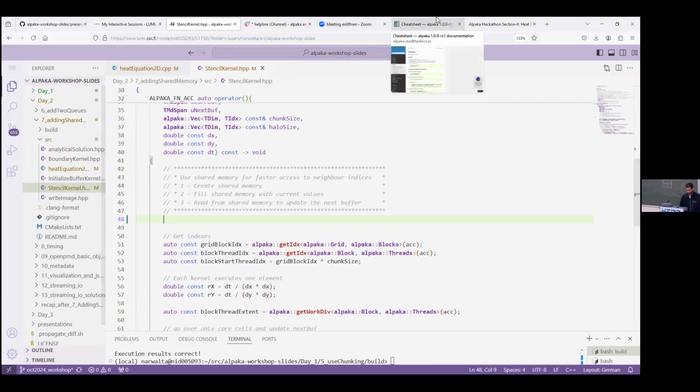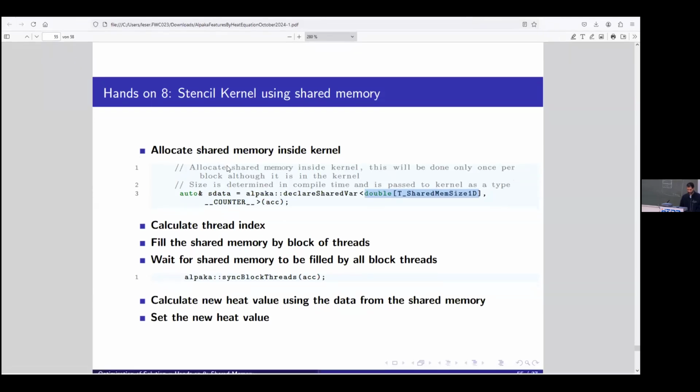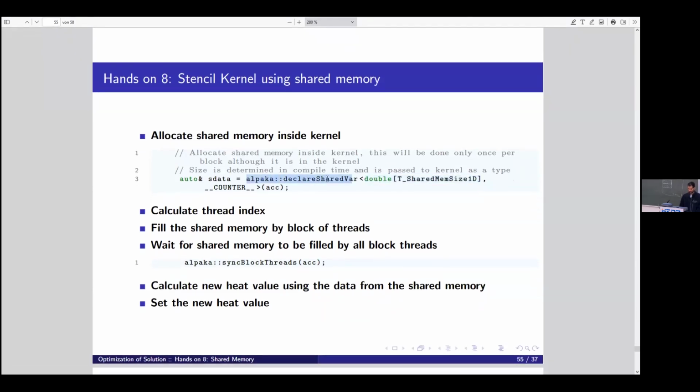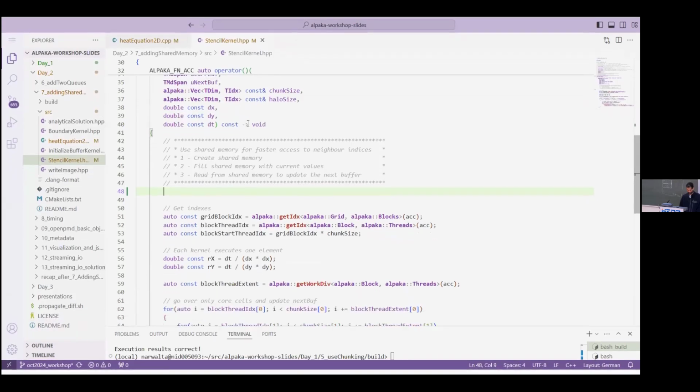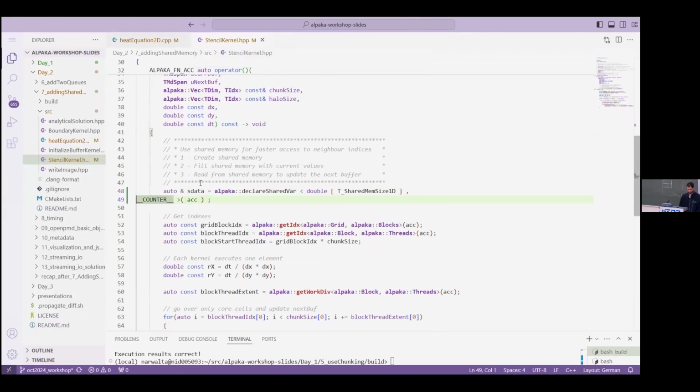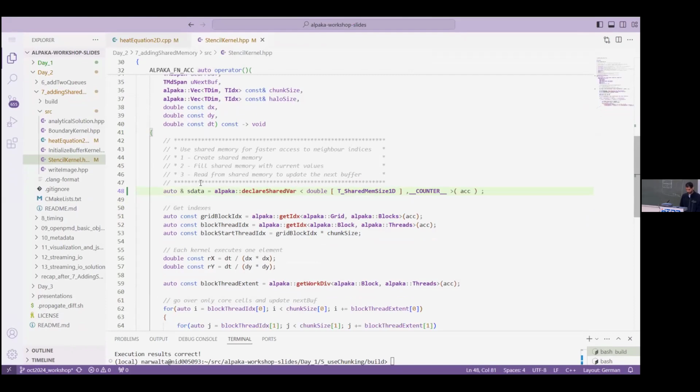To do it, as you can see over here, what you need to do is alpaca declare shared variable. I will simply copy it. Of course, you can find it in my favorite cheat sheet. And this is how you can define and allocate shared memory